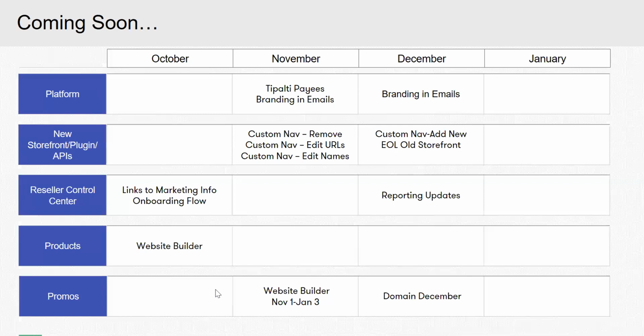We're also giving you an option where you can opt in to be in the last phase of that, which is going to be mid-December. So you can opt to that, and that's if you're building a WordPress plugin storefront or something that you just need a little bit more time. You'll be able to do that, but by the end of the year or by middle of December, we're having everybody on the new storefront moving forward,